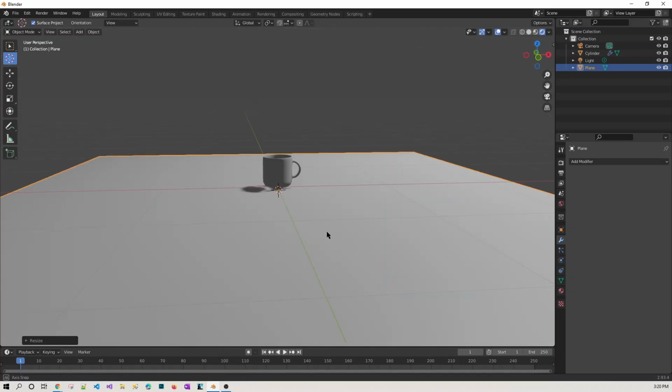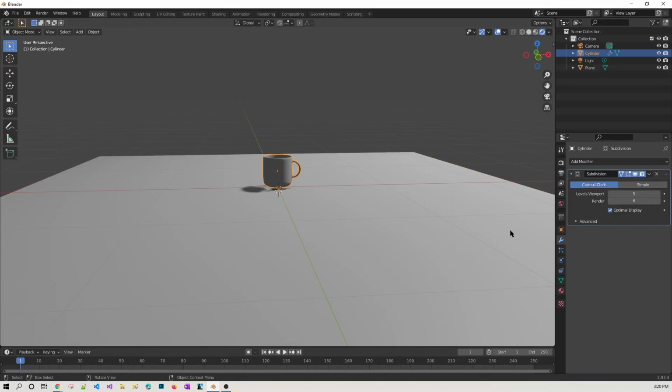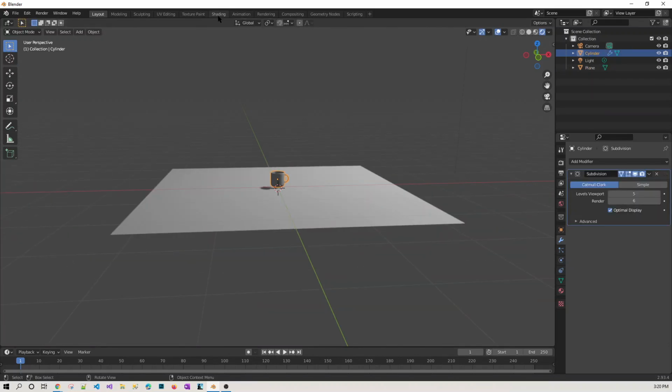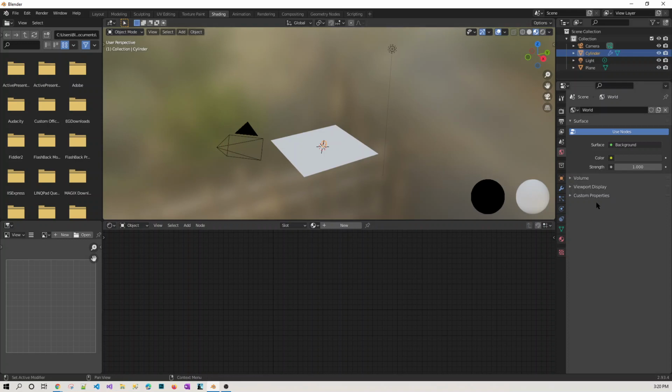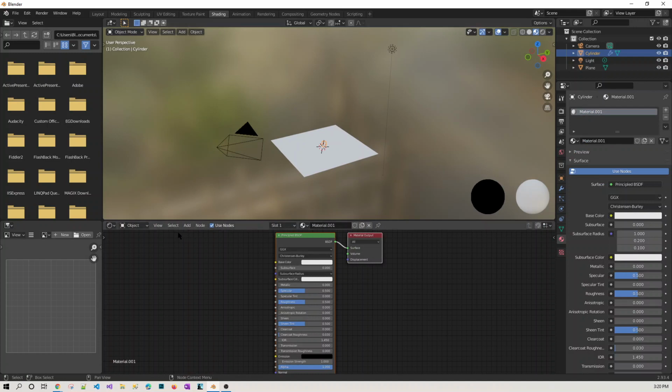Now, one thing we forgot, we need to give this object a color. There are multiple ways to give this color, but I would like to use some very random geometry.